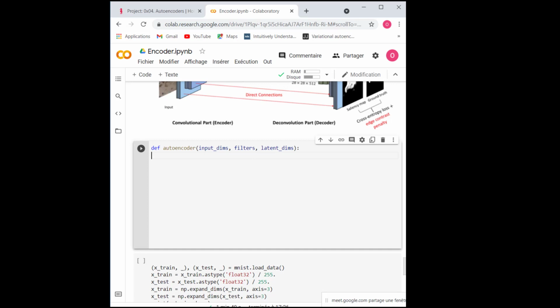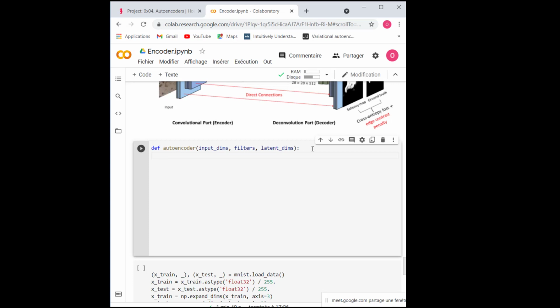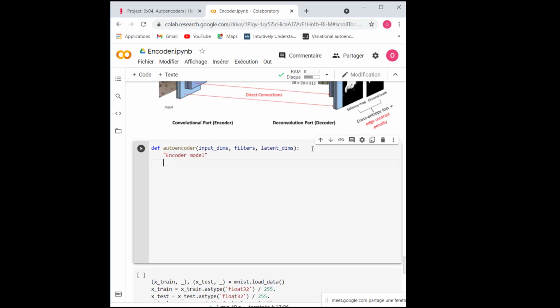Okay, so let's move on to my convolution autoencoder. As the name says, it's about using images. So we are going to use filters and convolutions, etc. Let's start with my encoder part. As the first one, my input will be an input layer.